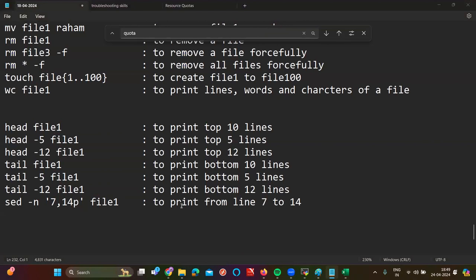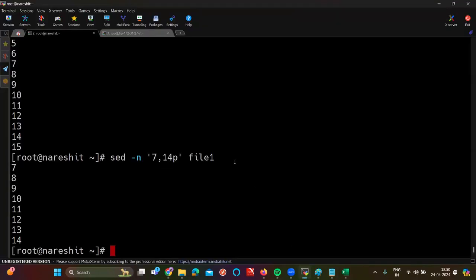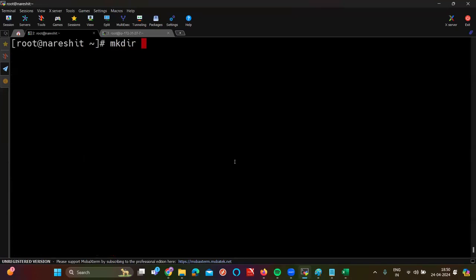Okay. Sir, till now you talked about files only, but what about folders? If I want to create a folder, how exactly can I create a folder? The command is mkdir. What is the command to clear the screen? Control L. Give the command mkdir. Folder name will be dir1. See, in Linux, you can call a folder a directory.